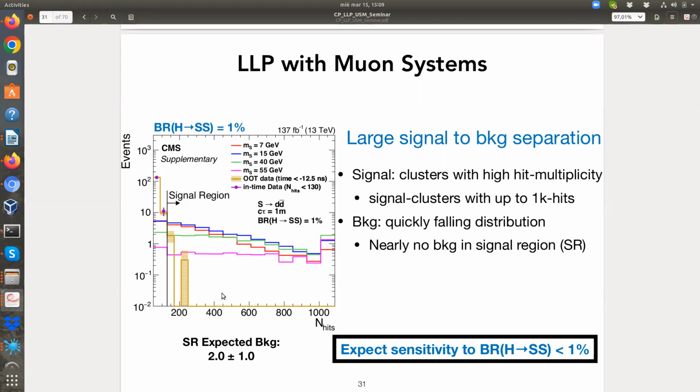It has a very long tail that can go up to 1,000 hits per cluster, while the background is a falling exponential that typically dies at about 200. So it's a large signal discrimination when we go above 200. You expect zero background. Then we do some optimization. The actual cut ended up here at about 30. At the end of the day, we expect a background of about 2 events, with a signal efficiency that allows us to set a limit on